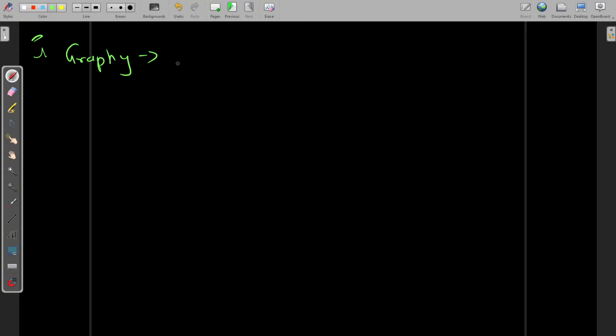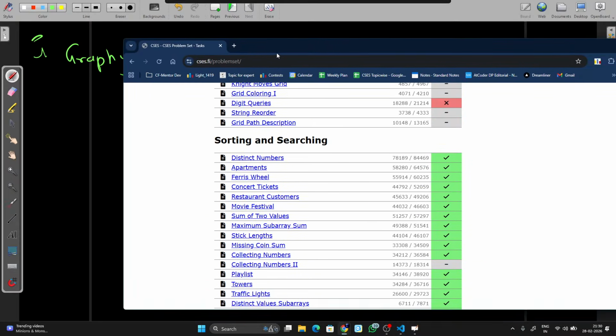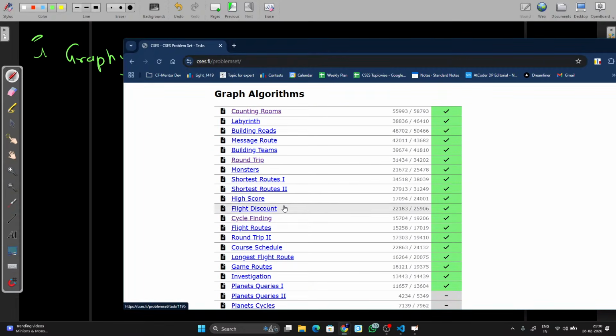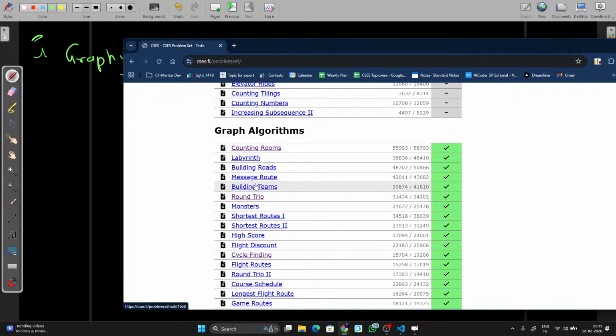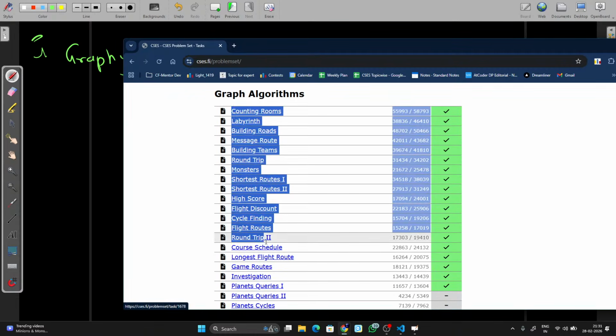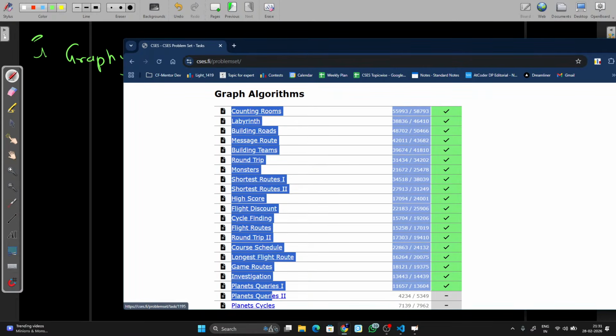They have some fixed number of algorithms. Let me show you. Yes, yes. So this is the CSES graph section. There are some handful of problems. In fact, I have not solved most of them. But the initial 20, 30 problems, if you solve those problems, there are a finite number of ideas in graphs. So